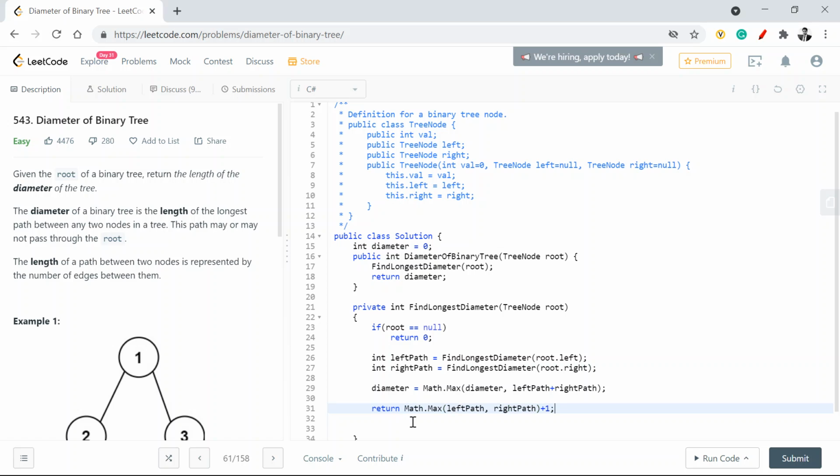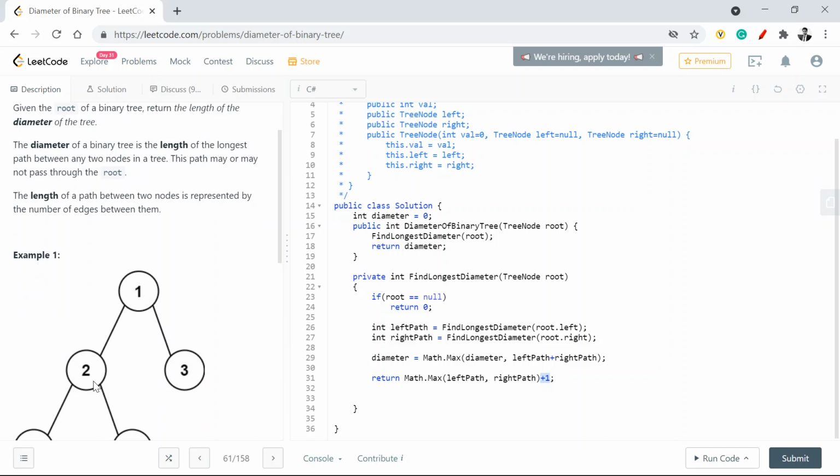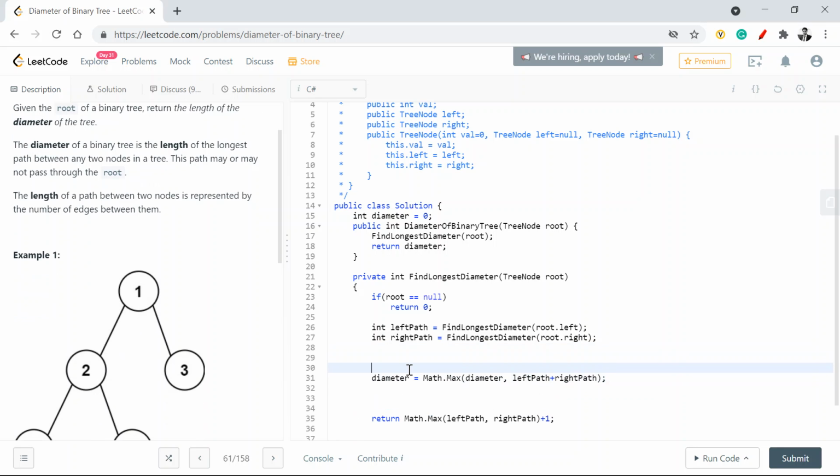Now why are we doing this? At a given point of time, when I call this method, if I'm iterating to this node, that means I'm covering one edge. This always helps me find the edge between the two child nodes and the parent node. To further understand this, let me print the values.